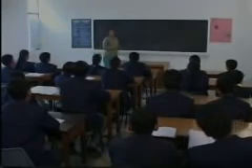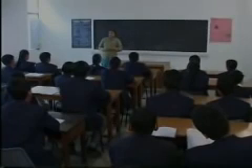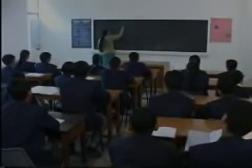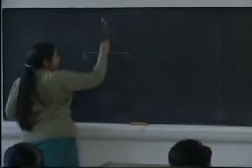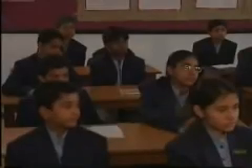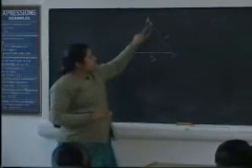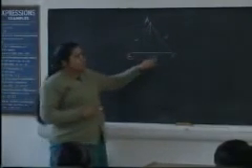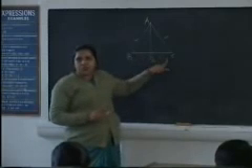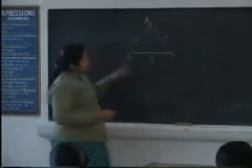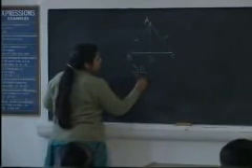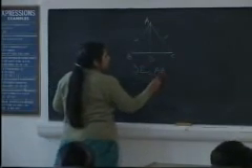It is also known as the internal bisector theorem. So if we have a triangle ABC, and I draw the angle bisector of, say, angle A, the sides containing this angle A are AB and AC. It says that if AD is the angle bisector, it divides the opposite side in the same ratio of the sides containing the angle. That means the ratio of BD and DC is the same as the ratio AB and AC. That means BD upon DC is AB upon AC.